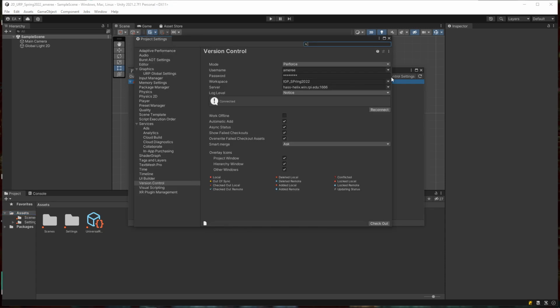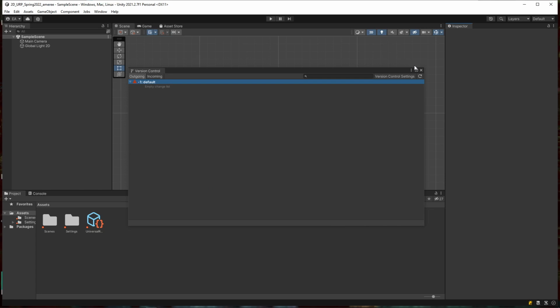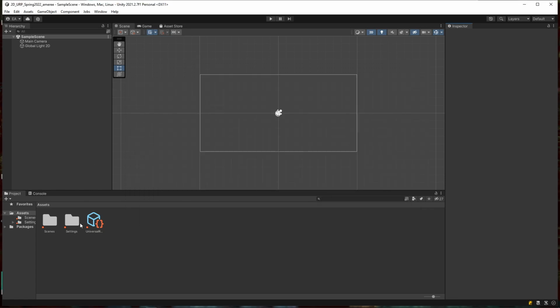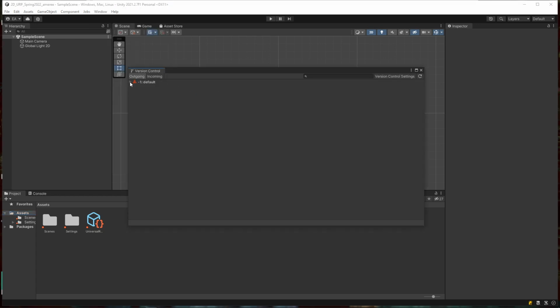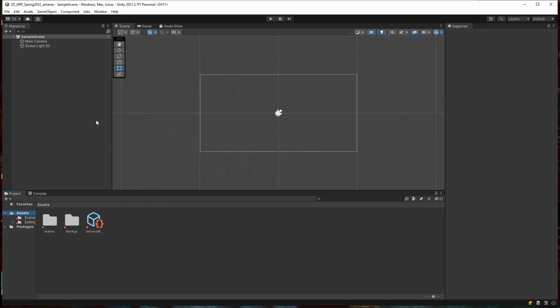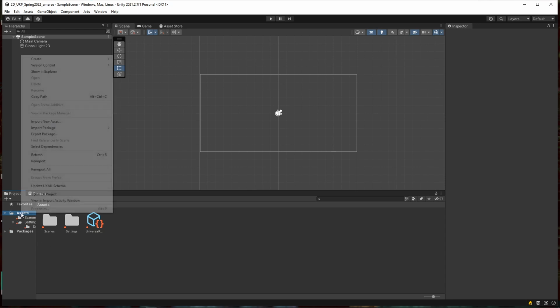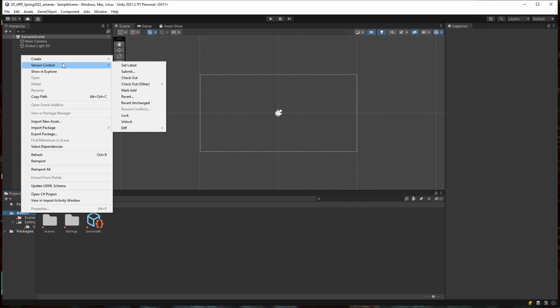There's lots of settings, there's lots of things you can do, but we're going to just use the defaults, right? So what happened here? Still showing like that. Window, version control, asset management, version control. Default. All right, so that's the behind the scenes one. Maybe we need to still do something because look, there's dots here. Now in this case, let's click on that, right click, version control,